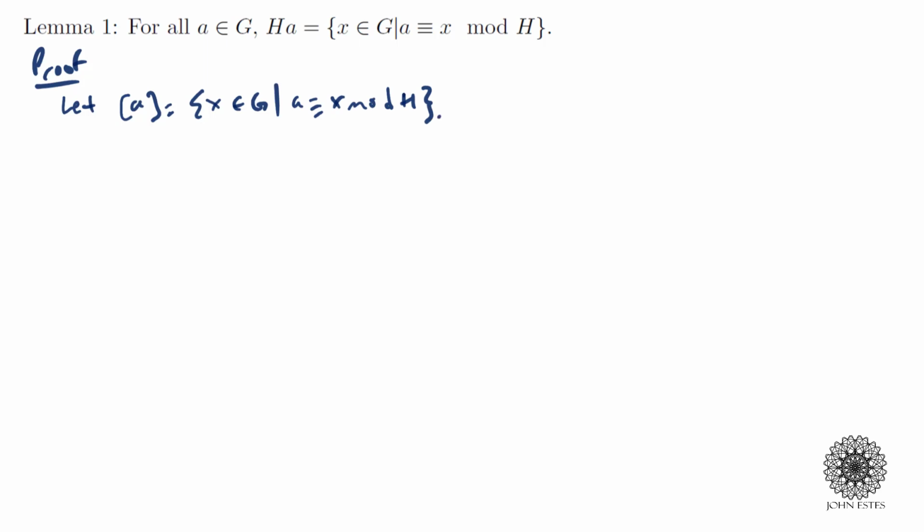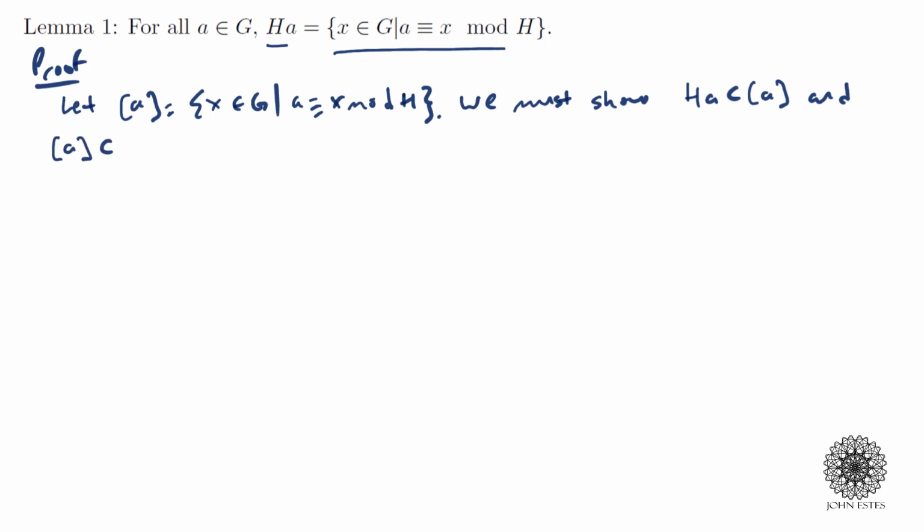Okay, so now what I'm trying to show is two sets are equal. How do you do that? First we must show that the coset is a subset of the equivalence class, and we have to show that the equivalence class is a subset of the coset, so we should put the "or equal to." If we show those two things, then they're equal. Okay, so